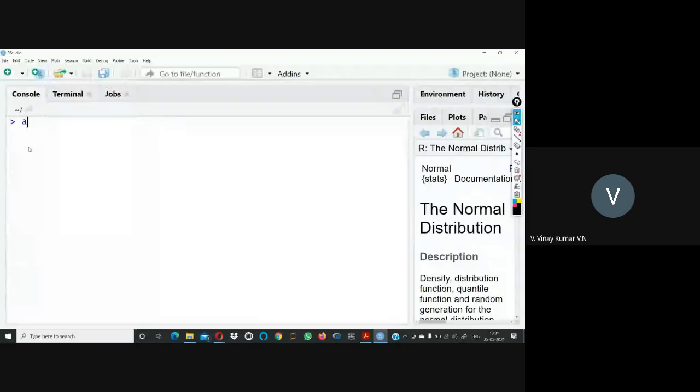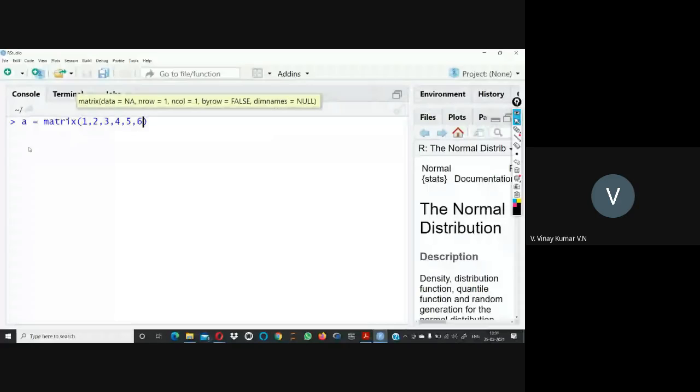Let's see. My matrix name is A, and I want to define a matrix. In this matrix, if I take numericals directly, I can take the elements 1, 2, 3, 4, 5, 6.